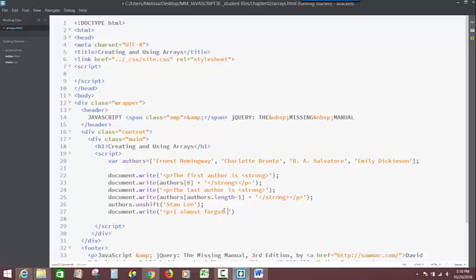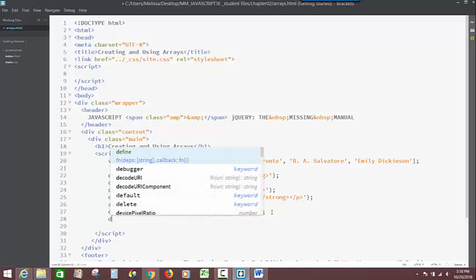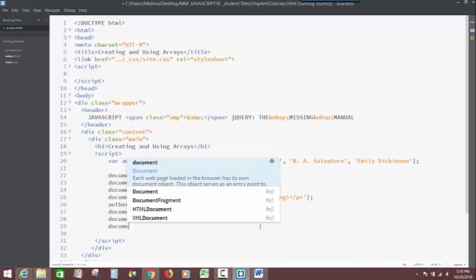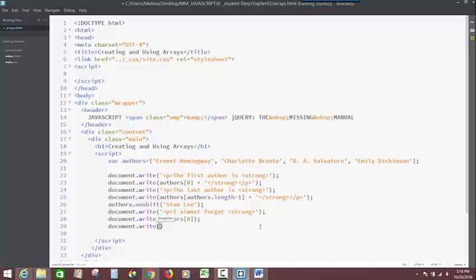Sorry, guys. Okay, strong, semicolon at the end. And then it's going to be document write. And you're going to say authors. And it's going to say 0. Would help if I get the right brackets. 0. And then it's going to be document write. I don't know why I can't spell document. And then it's going to be,